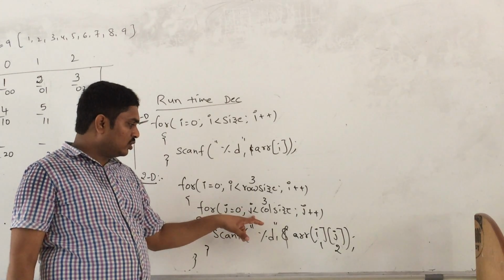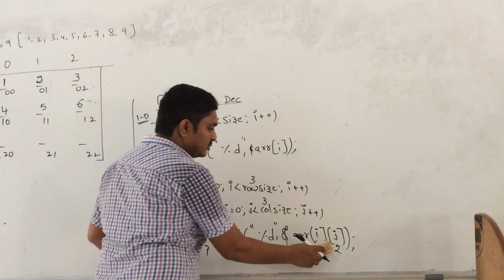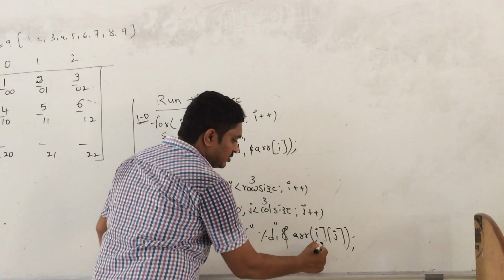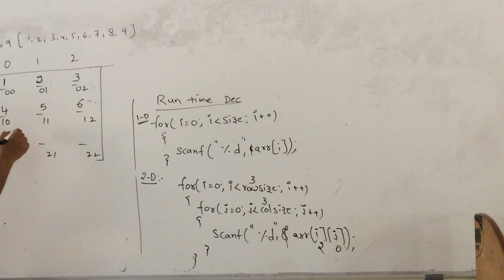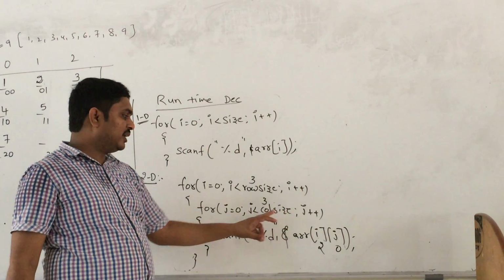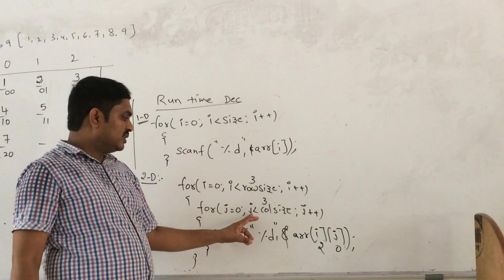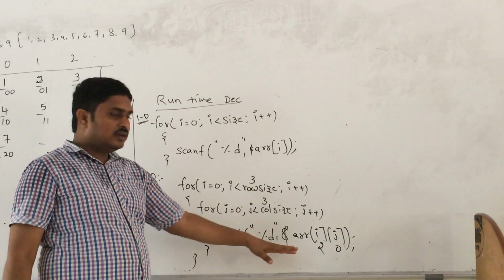j is equal to 0. 0 less than 3. Condition true. And it is stored at, so the i value is changing. That means 2, j value 0. So it is stored at the 2 0 position. That means here that is 7. After the end of the loop, j will be incremented. That means j will be 1. 1 less than 3. Condition true. And it enters into the for loop.